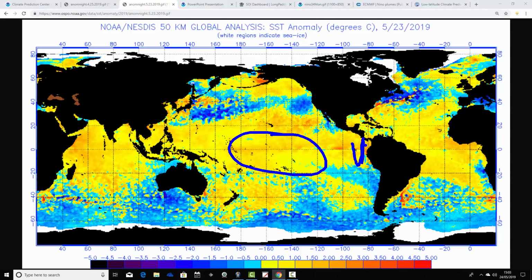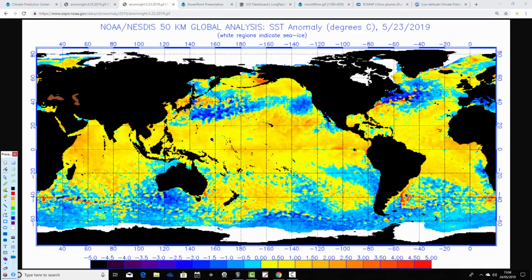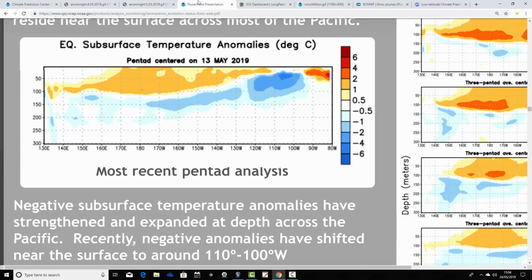These waters here towards Peru, and also incidentally over here towards Indonesia, they are shallower, and so they do tend to change a little bit more rapidly with weather conditions. But we do still have a weak signature for El Nino. So at the moment, I think we say we're probably still just about in a weak El Nino. If we have a look at depth, we can see what's going on. Actually, things are getting colder with the subsurface temperature anomaly.